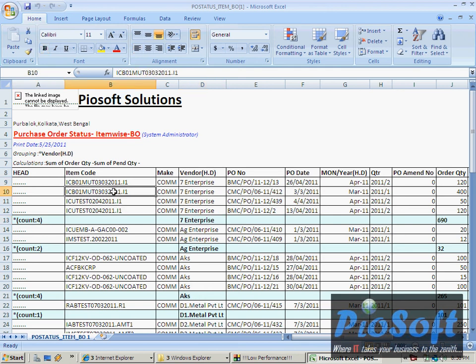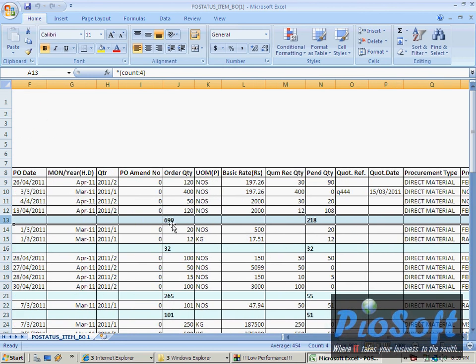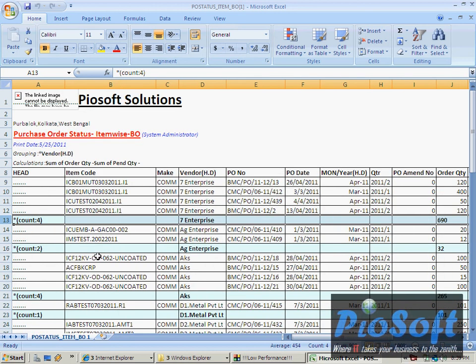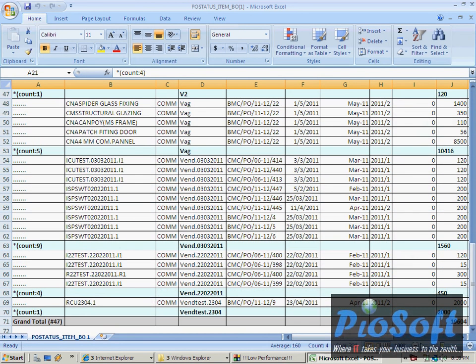That is why these are the 4 different records. This is the group information, and we can see here that 690 is the sum of the ordered quantity for this vendor. There is a different color to it, so you can identify, okay, this one is the group information, this is again the group information, and similarly the grand total will be coming at the end.